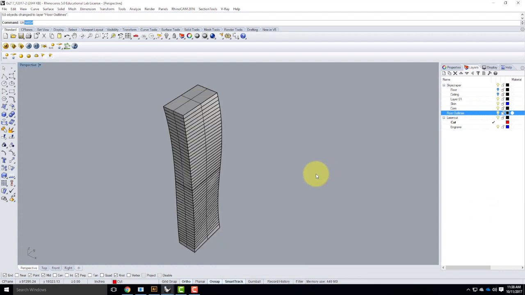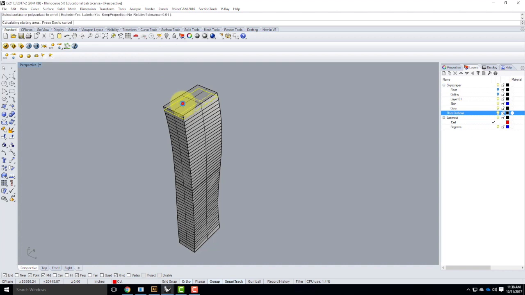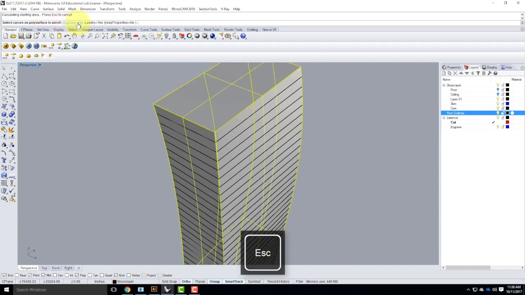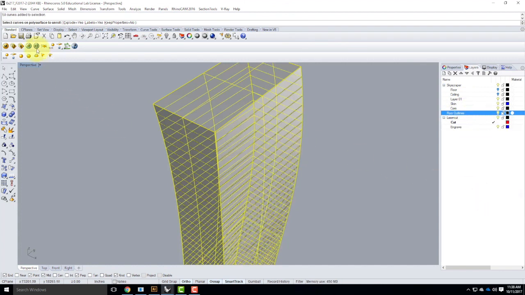Now when I do the unroll surface, it says select surface or polysurface to unroll, right? And the rest of these options are still the same. So there, oops, no. There it is. And then the next thing that it says is select curves on polysurface to unroll. So the first thing is unrolling the surface, but I can also select any curves that are on this surface at the same time. So let me select all of those floor outlines. There they are. And now when I go ahead and do the unroll,